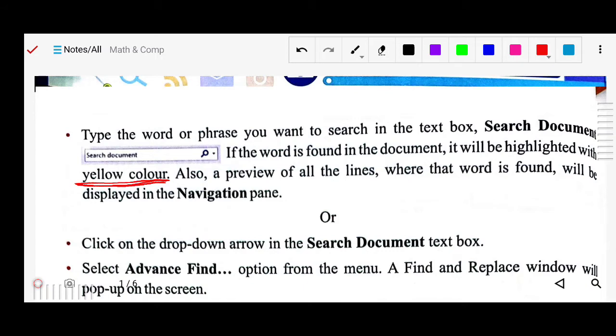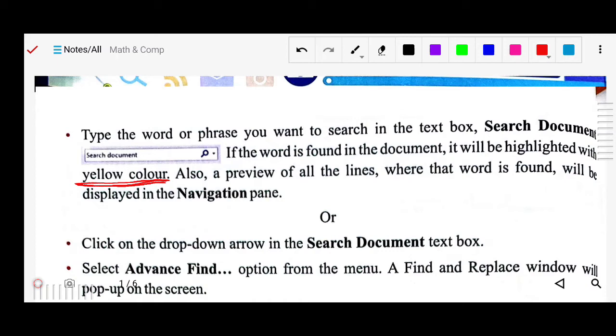Also, a preview of all lines where the word is found will be displayed in the navigation pane. For example, if you searched for the word text, however many times it appears in your document, all of them will be highlighted one by one.